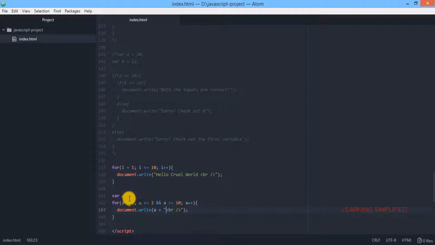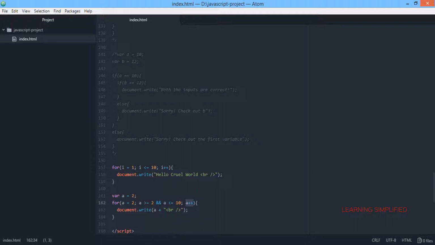In the first case it is checking the value of a as 2, that means it is indexed as 2. Then it is checking whether a is greater than or equals to 2 and a is lesser than or equals to 10. Only when both these conditions are satisfied is it printing into your HTML browser the value of the variable, followed by a line break tag, and then the increment occurs and the loop enters the next possible execution.